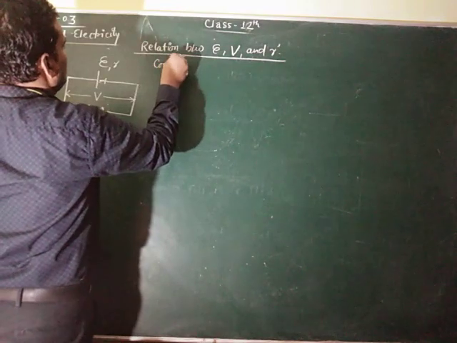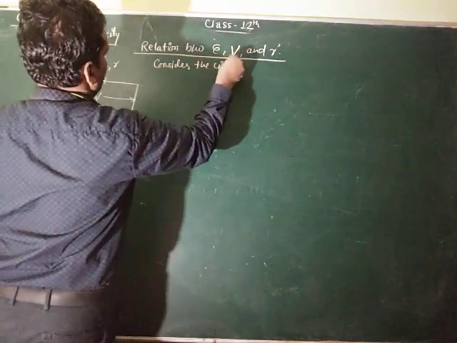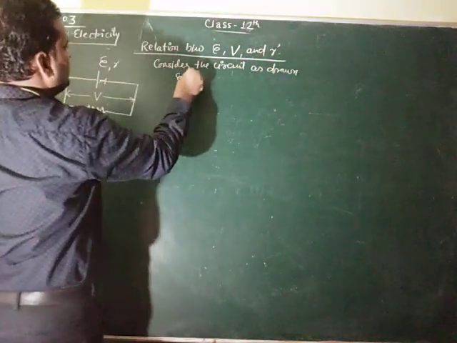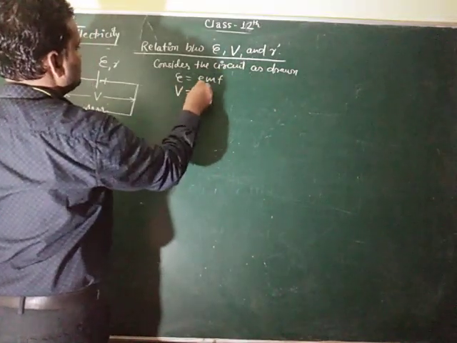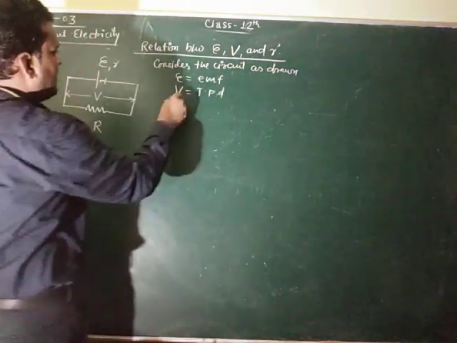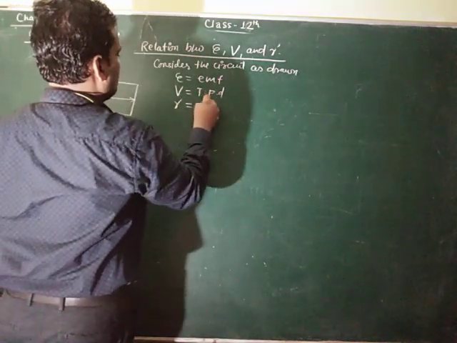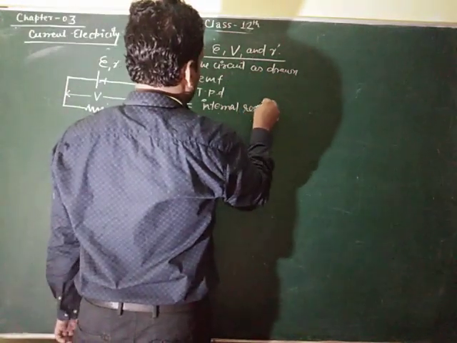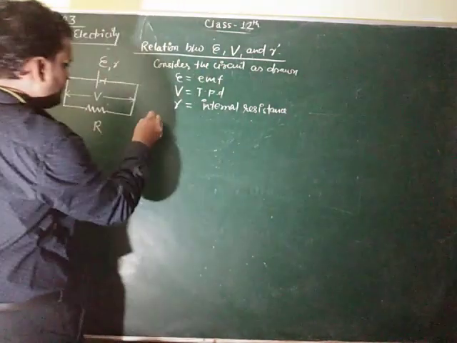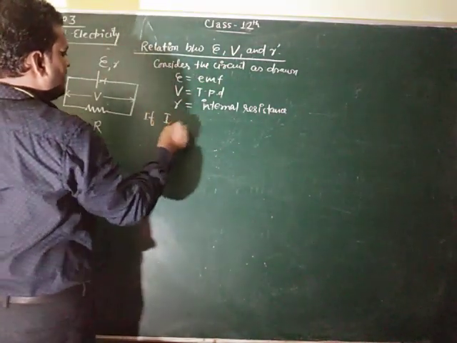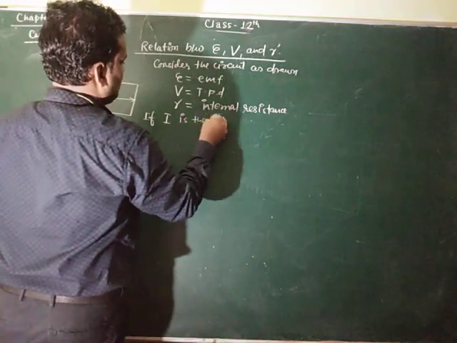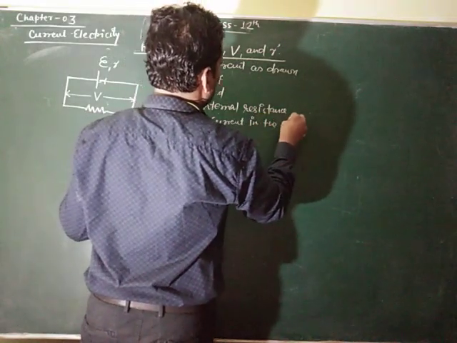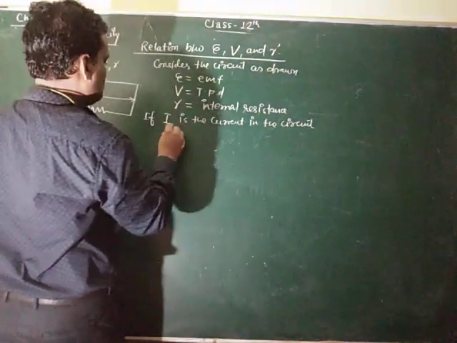So consider the circuit as drawn. E is equal to EMF, V is equal to TPD, the terminal potential difference, and r is equal to internal resistance. If I is the current in the circuit, then